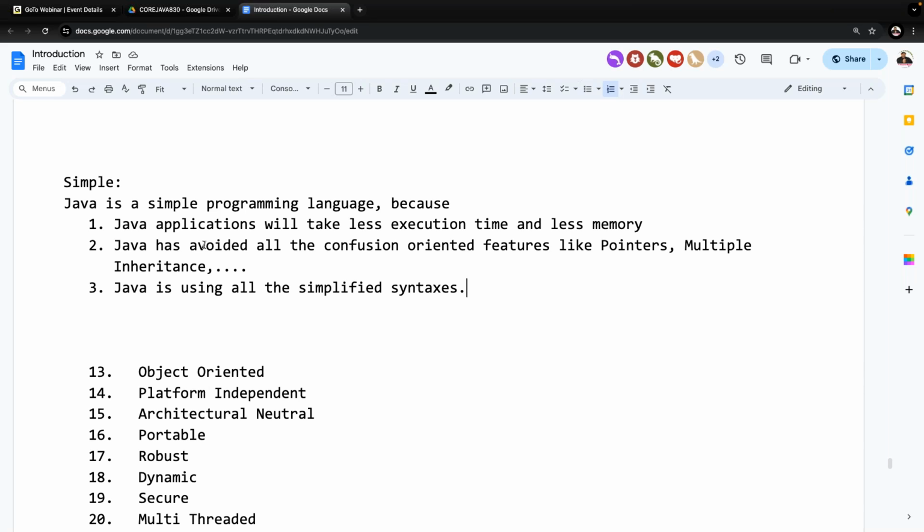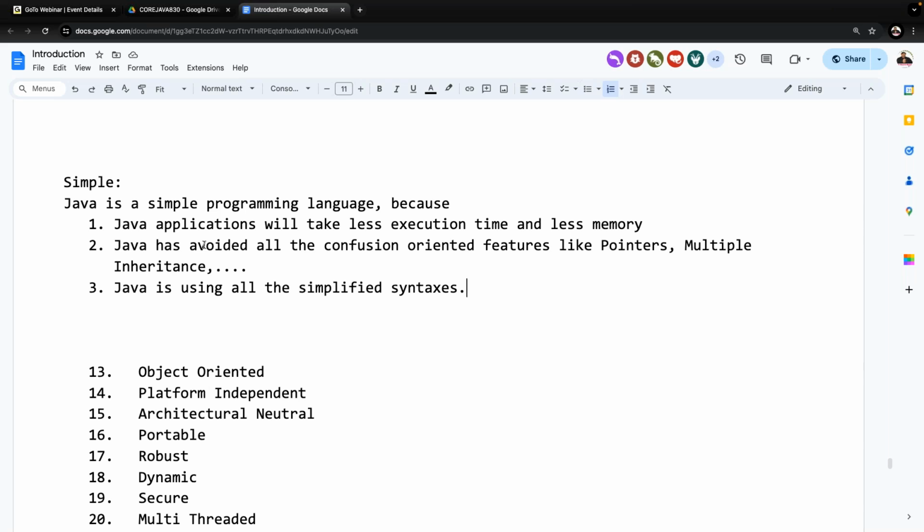If I go to the C programming language provider and ask, tell me something about your programming language, the very first statement they say is, my C programming language is innocent. It's a very simple programming language. The same question if we ask the C++ provider, they say again the same, my C++ is innocent, a very simple programming language. A similar question to the Java provider, the answer is the same. Java is innocent. Java is a simple programming language. Python is also innocent. Python is a simple programming language.